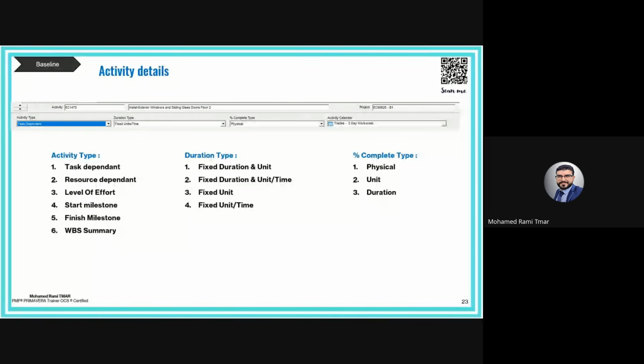Okay, it's not related to the schedule, and it's not related to the driving path, critical path, etc. And if we compare this to MS Project, for example, in MS Project you can assign even resources at the WBS level, which is not aligned with the standard of project management, because the table of WBS